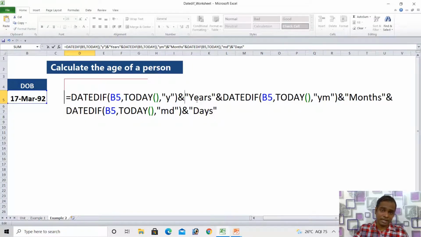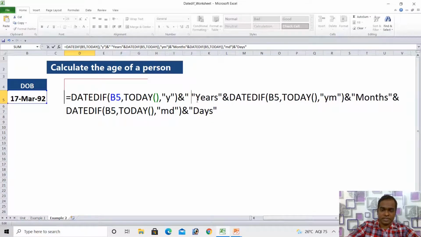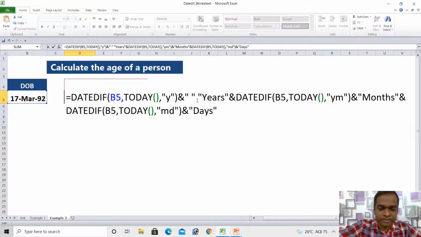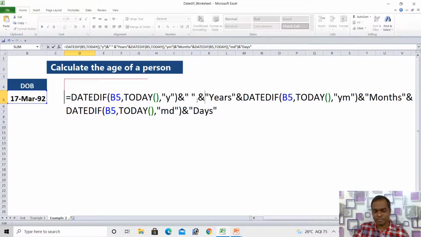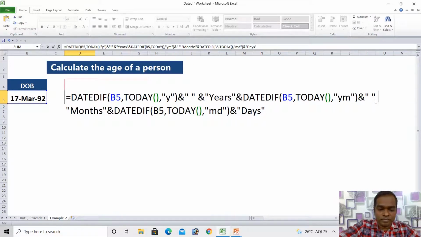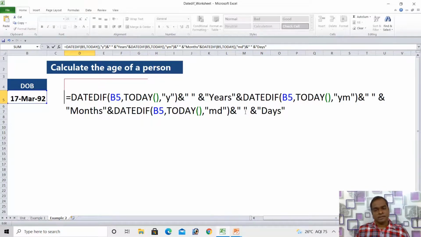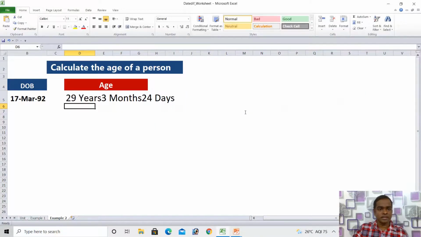To make it readable, I can give a space, adding the ampersand here. This is nothing but giving a space between the years and the months. Again I can give the ampersand.